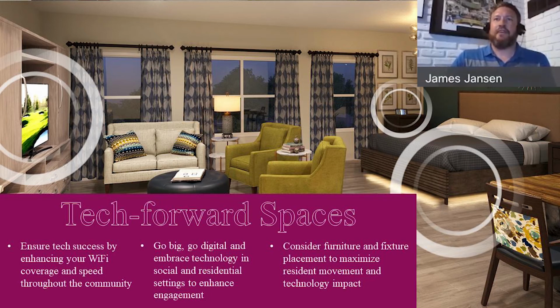Some things that you can do for tech forward spaces. First and foremost, I would say make sure that you're taking a look at your Wi-Fi coverage and you understand the needs of families, of residents and staff as they come in, because they're going to come in with a lot of connected devices, and you need to make sure that your Wi-Fi coverage is sufficient to be able to handle that. Not only coverage and making sure that there's no gaps in your Wi-Fi signal, but also to make sure that you have the right bandwidth and that you have enough connectivity to enable all of those devices to